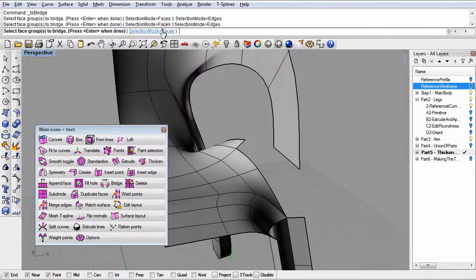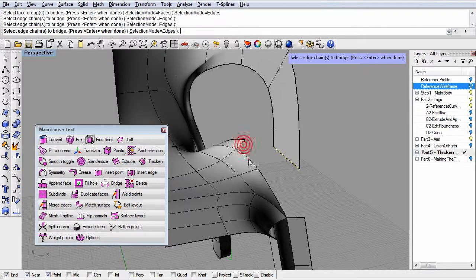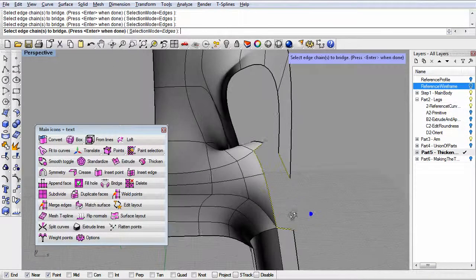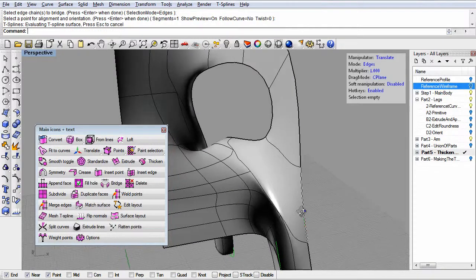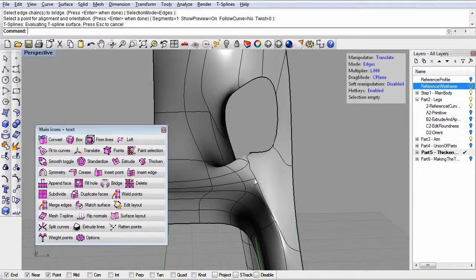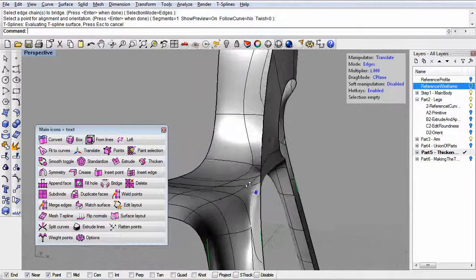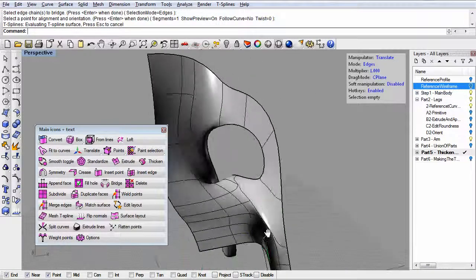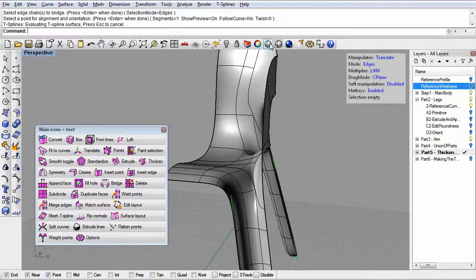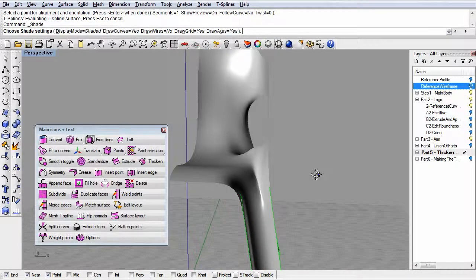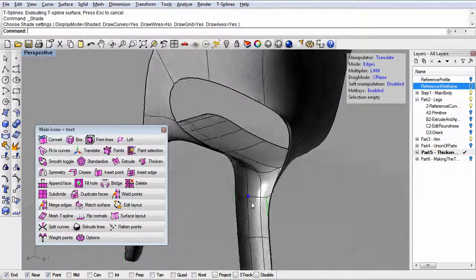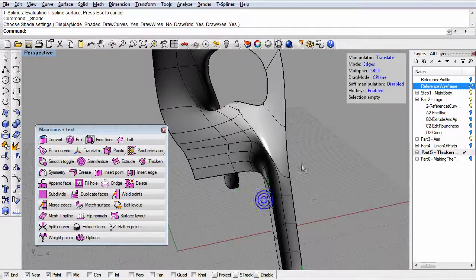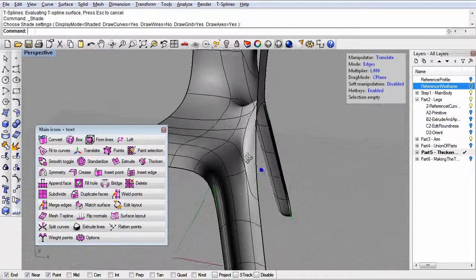So we need to go back to edges, this edge to these 4 edges. Go ahead and hit enter, and you can see that's a much cleaner bridge. Now I've got everything hooked together, and in the past there were really sharp creases going through the model. There's no creases left because there's no sharp corners, but you can see the model still looks a little pinched